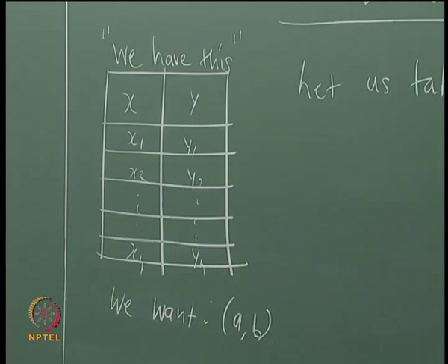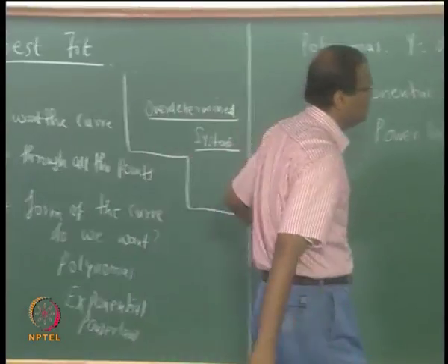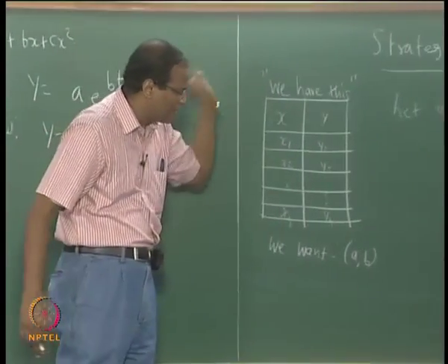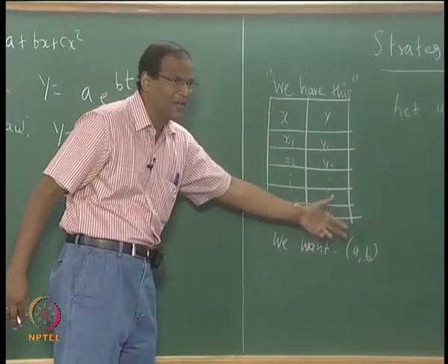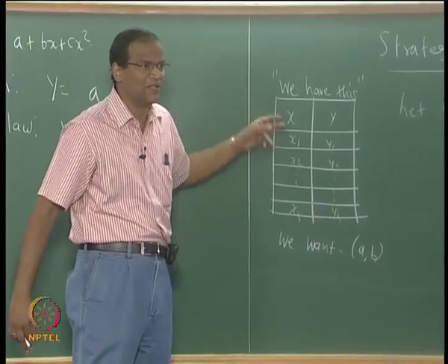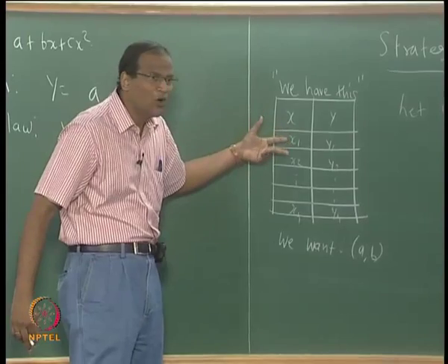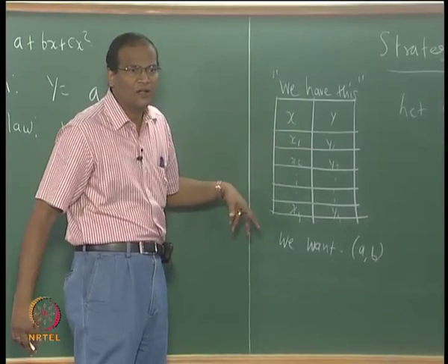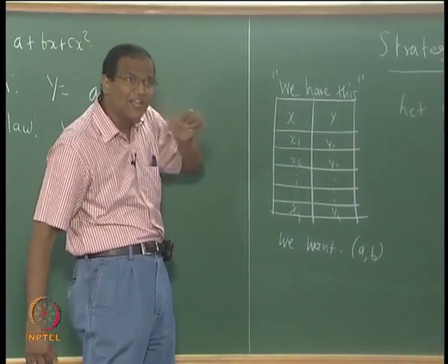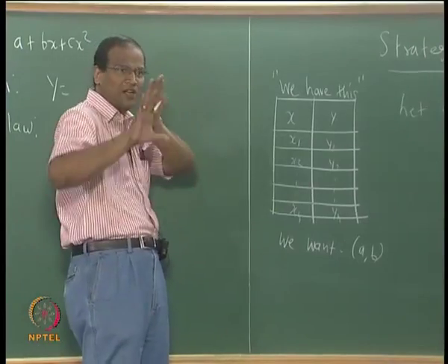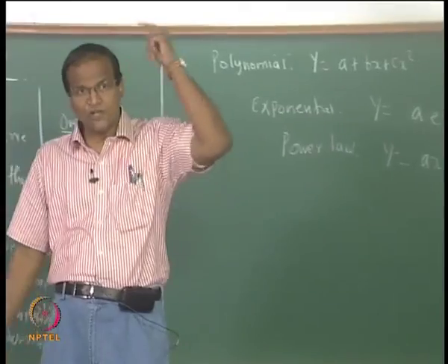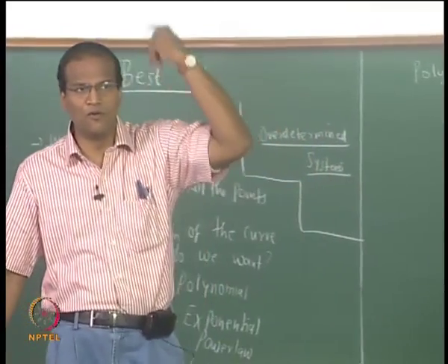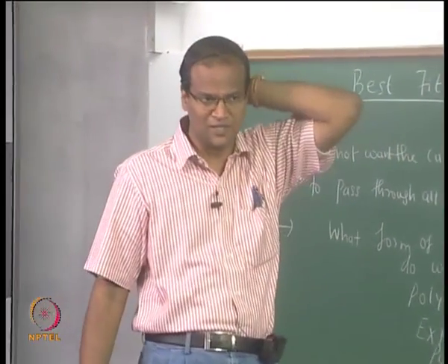For the benefit of people who came late, it is an overdetermined system because we have n number of points where n far exceeds a and b. If you have just 2 points, you can simultaneously solve for a and b and say that y is equal to ax plus b, but that is not going to solve the problem because it will locally fit a line between 2 points. But we want to find the best line which is a good representation for the complete data set, because eventually with this line we are going to do system simulation, optimization and so on.